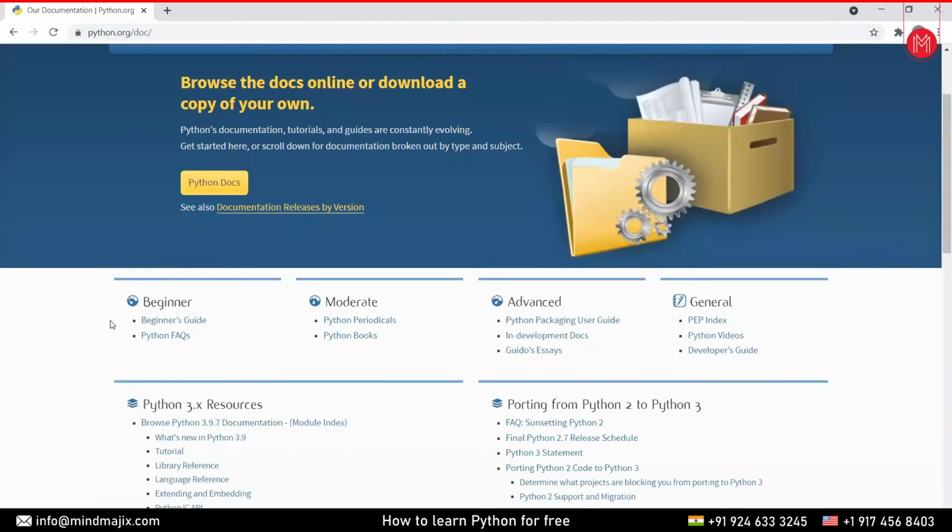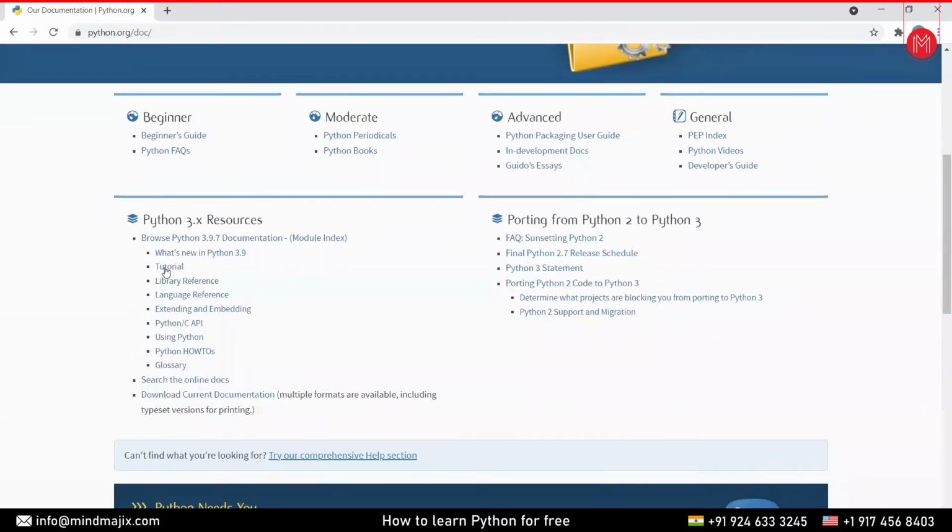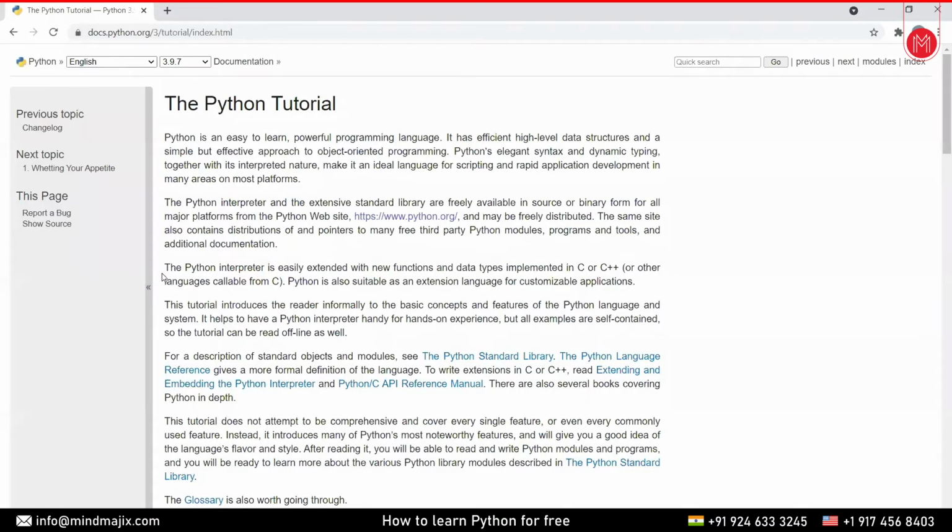Okay, so as you can see, depending upon your skill level, if you're a beginner, you have this beginner section here. If you're an intermediate candidate, then you have this moderate section, and then we have an advanced section as well. If you already know a few Python basics, then you can directly switch to the moderate or the advanced section. And if you scroll down a bit, then you can see the tutorial section. If you click on that, you will be directed to the